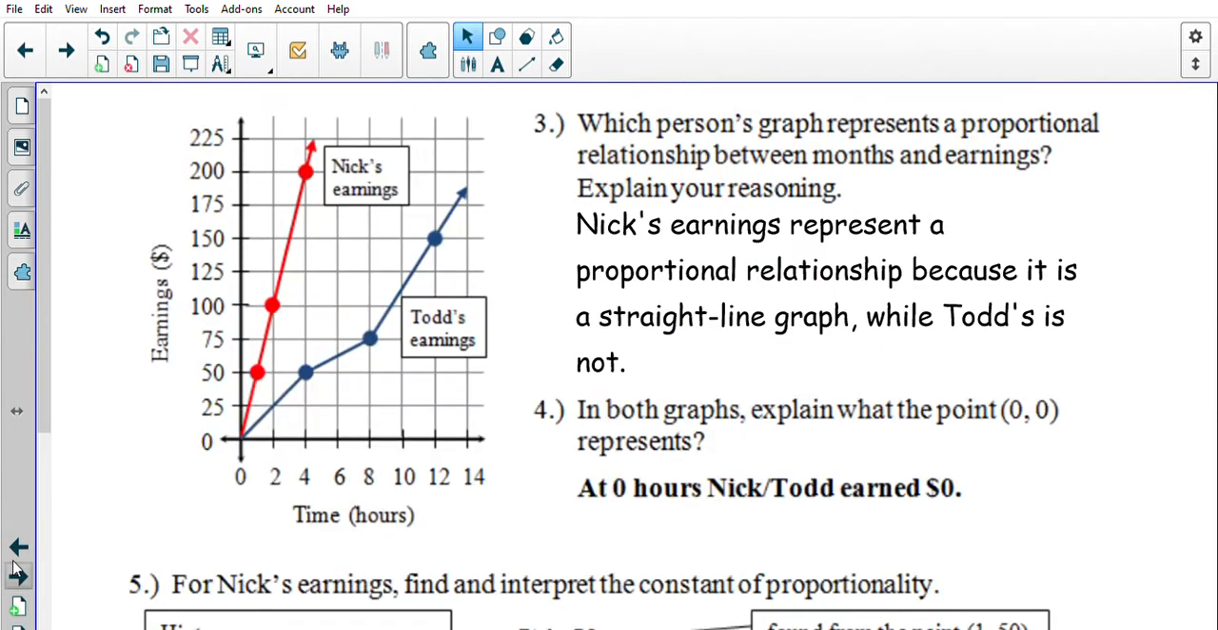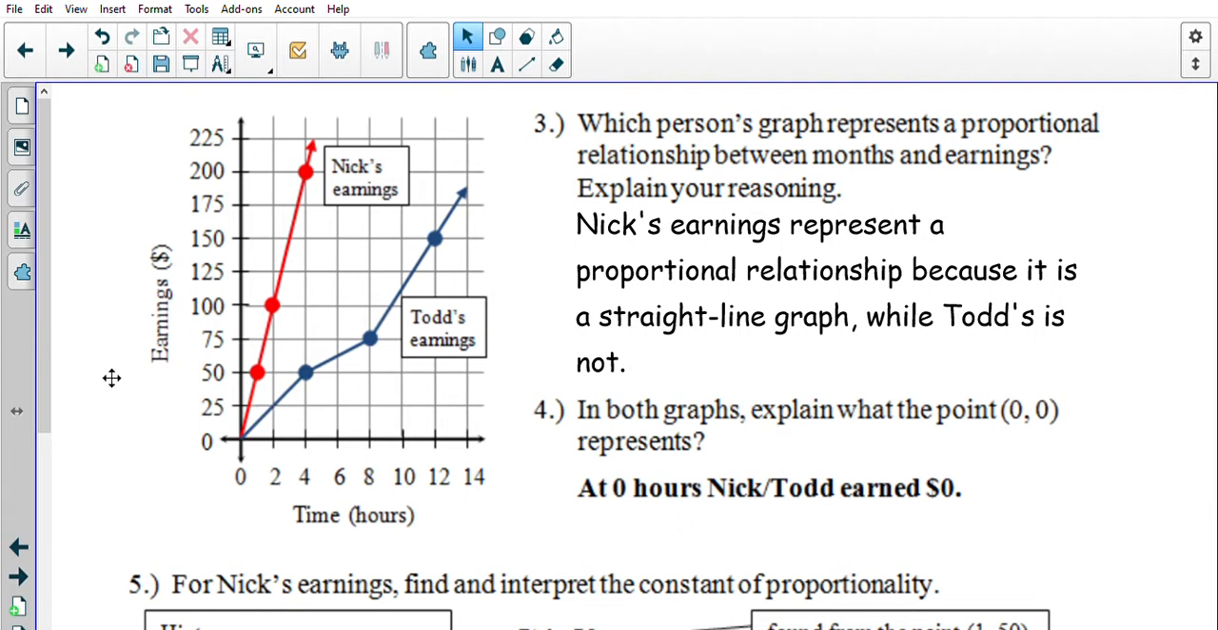All right, let's move ahead to number 3. So this one, again, I forgot to cover up my solutions here, but no big deal. We're looking at Nick's earnings versus Todd's earnings on the same graph. So number 3, it says, which person's graph represents a proportional relationship between months and earnings? Explain your reasoning. Well, we notice that Nick's earnings, this red line here, is going to be a straight line graph that goes through 0, 0, whereas Todd's earnings are not a perfectly straight line graph, so will not represent a proportional relationship. So my explanation: Nick's earnings represent a proportional relationship because it is a straight line graph, while